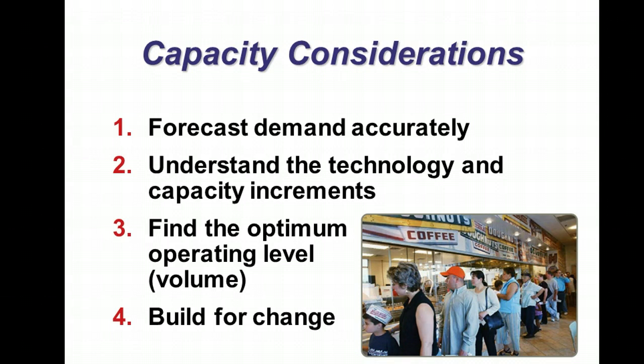Okay, capacity considerations. You need to forecast demand accurately. That's where the forecasting we're talking about is critical, because you're going to be making decisions. It's not just, did we meet the numbers or not? It could be, do we have enough capacity to produce enough units for the thing that's in demand? And the thing we're producing might be some sort of technology that's perishable, and this is our one chance to sell all these products, and we can't produce them. That's why a forecast needs to be accurate. By the same token, you've built this huge facility and you don't have any sales to support it. That's not good either.